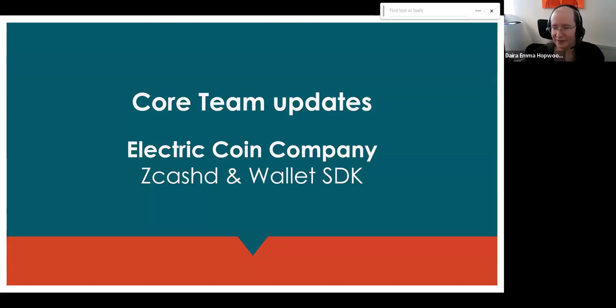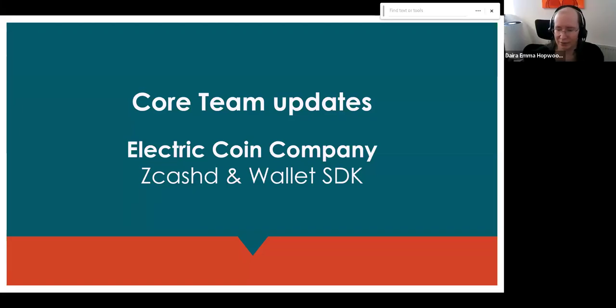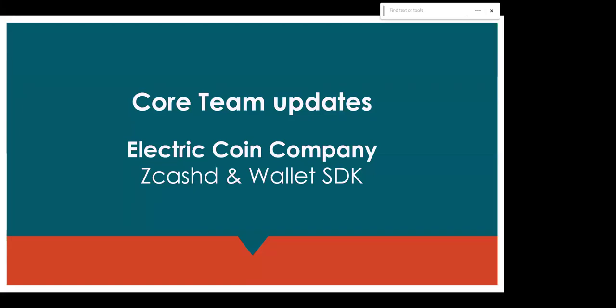Speaking of, we should have new releases of the Swift and Android SDKs shortly, fingers crossed, like a 2.0 or whatever the next number is, that contain new APIs for constructing transactions. That's the proposed transfer, proposed shielding, and create proposed transactions, which can return multiple transactions, because once we have text address support, one proposal will result in two transactions. The SDKs don't currently create those, but the APIs are there, and the old ones are marked as deprecated so that people can migrate across. So that will be in the next release of the two mobile SDKs.